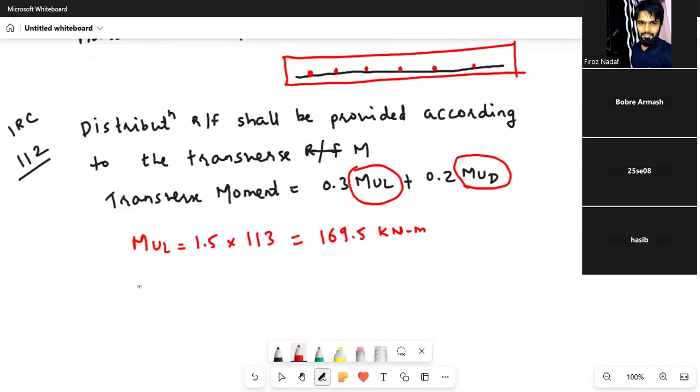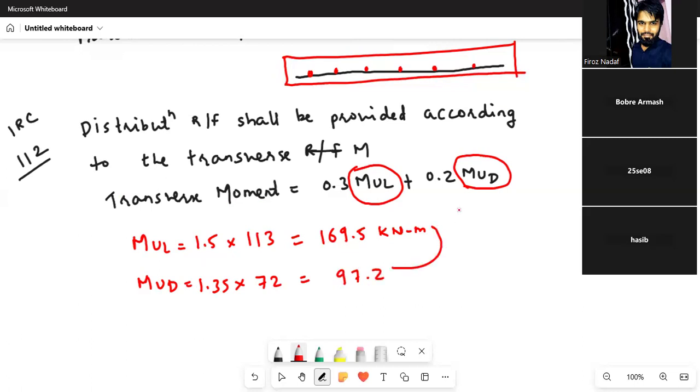Okay. And MUD, ultimate dead load bending moment. So what dead load bending moment you have gotten? If you see the previous recording, that is 72 into 1.35, because IRC 112 says that for the dead load bending moment, the factor will be taken as 1.35. Okay, equal to